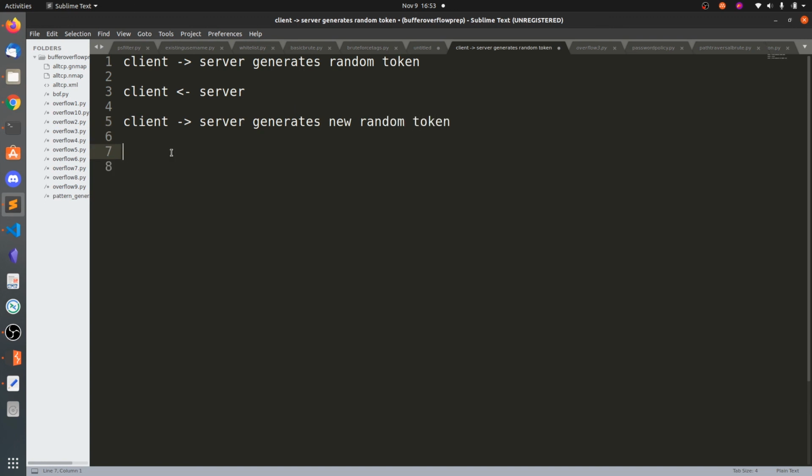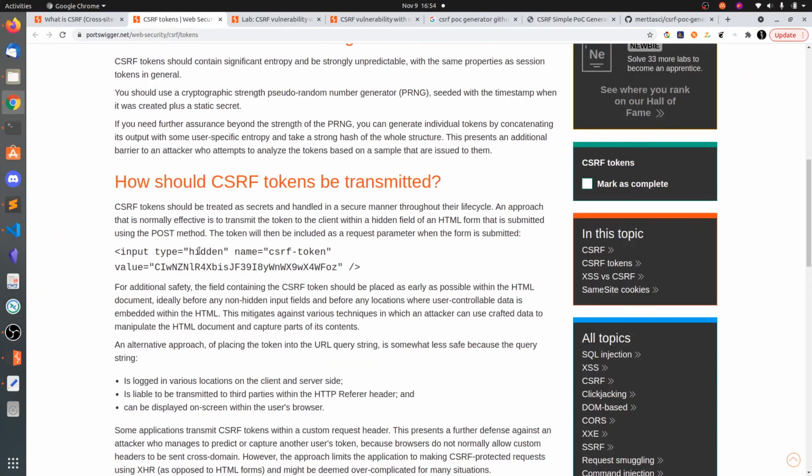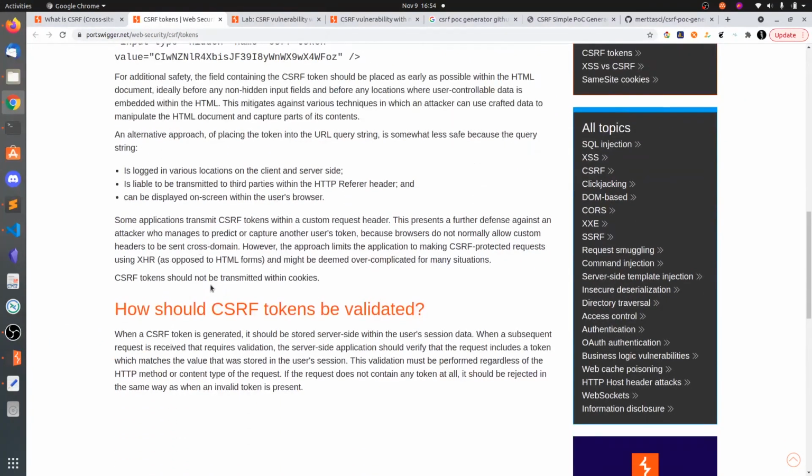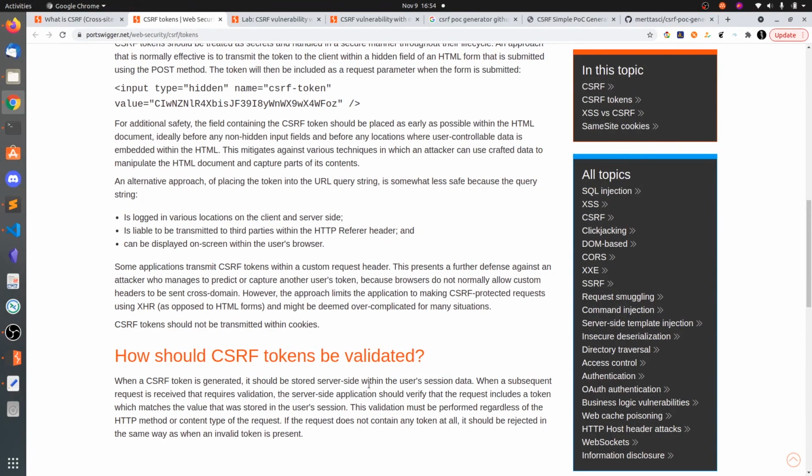Again the process repeats until you leave the server or stop requesting resources. So this is how CSRF tokens work. The algorithm used for the CSRF token should be very strong, otherwise if it's predictable, then we can also use brute force attacks.